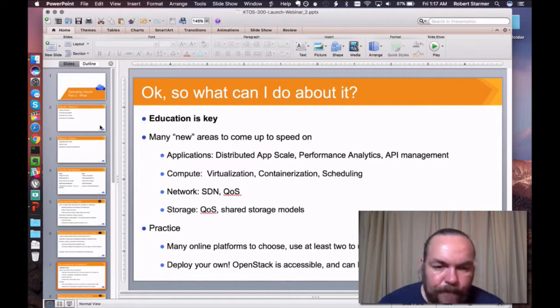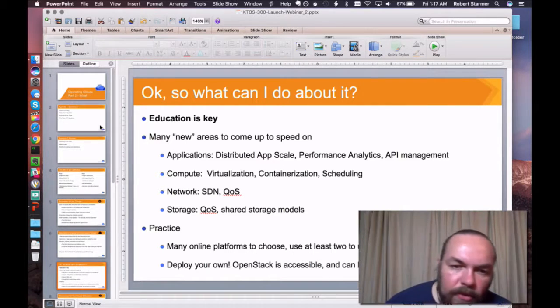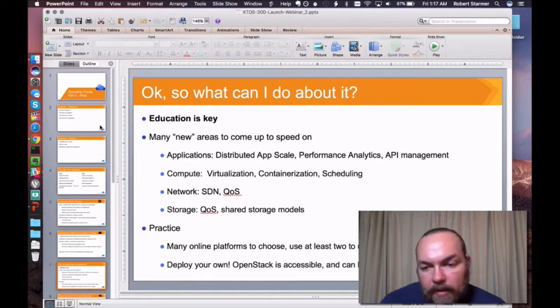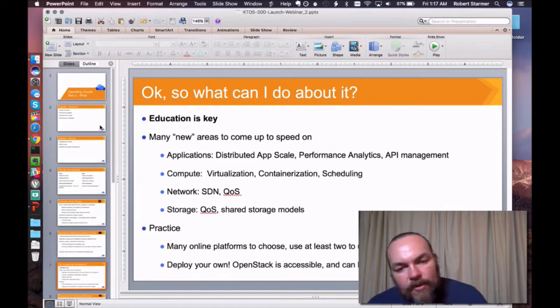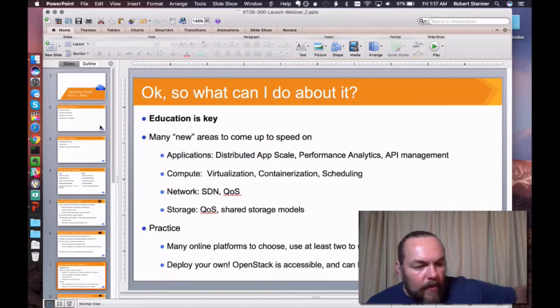infrastructure of cloud. In order to understand these things, though, it's not enough to just read about them. We have to practice, we have to try, we have to actually build these environments out and really get hands-on understanding of how the pieces actually fit together. I find that often when I read something, I get a certain model and a certain understanding of that technology, but when I actually try to implement and actually turn a service on, that's when I suddenly really start to understand that resource. So practice is really critical.